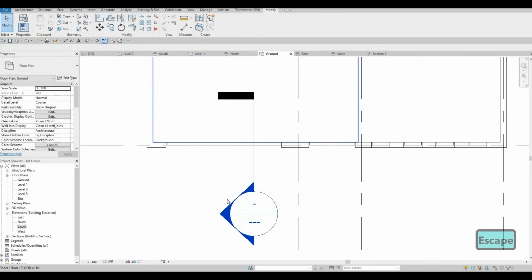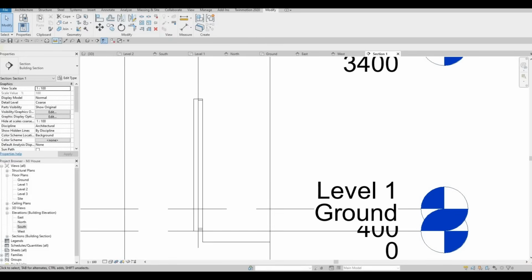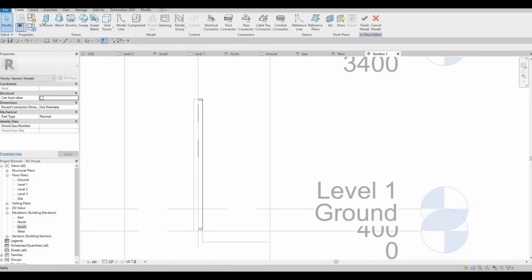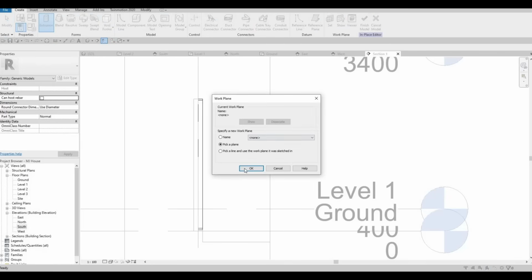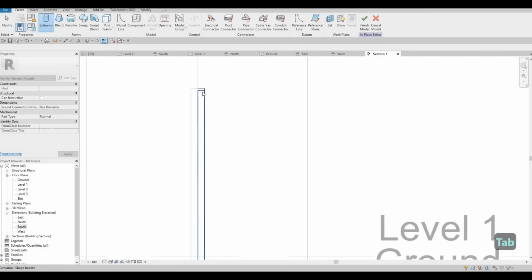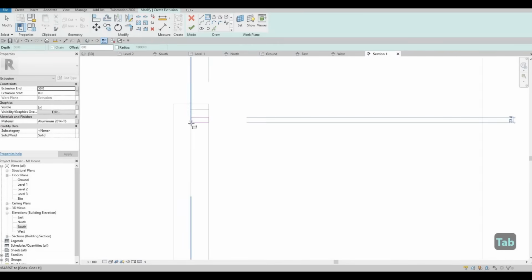So now we could double click here. This is the section 1. We could now select this gate again, add it in place so that is similar, create extrusion, pick a plane, choose this one, and then create your,